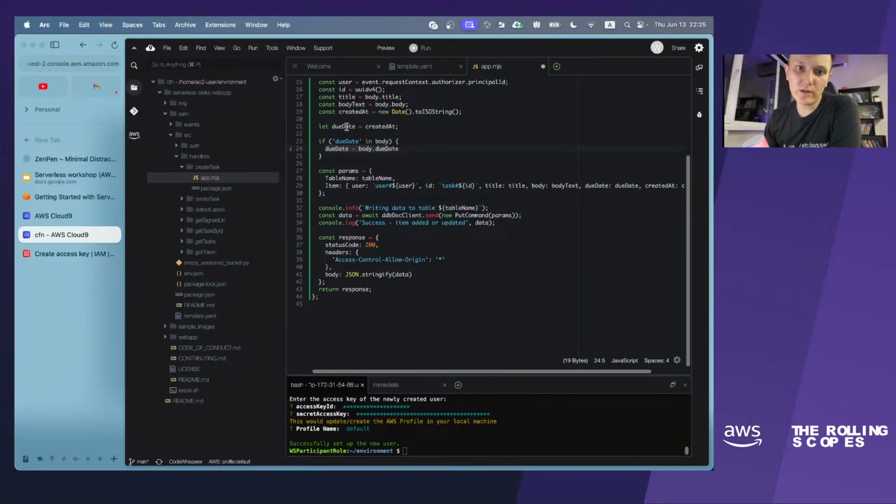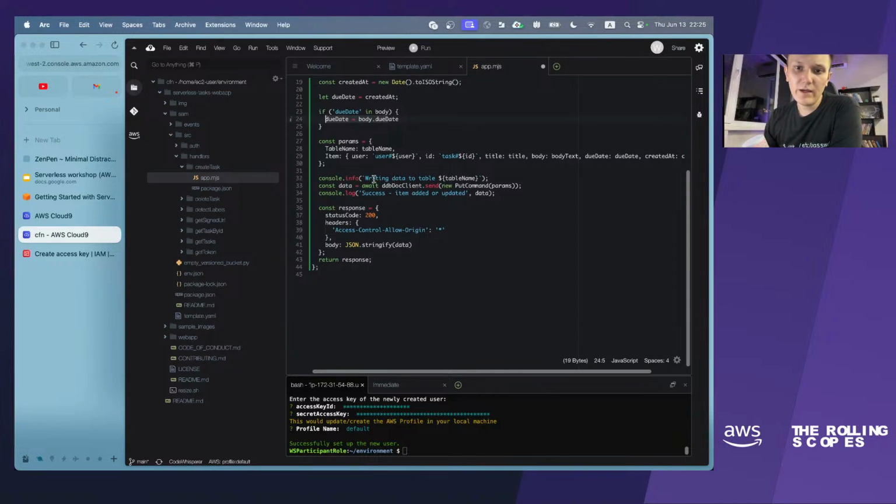If not, it will be equal to created at. Okay, and here we are creating parameter object for DynamoDB query. So we just define table name and item parameters.